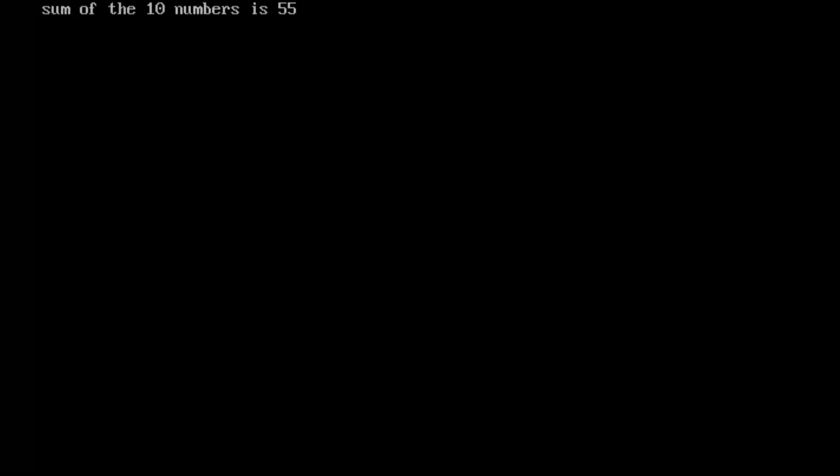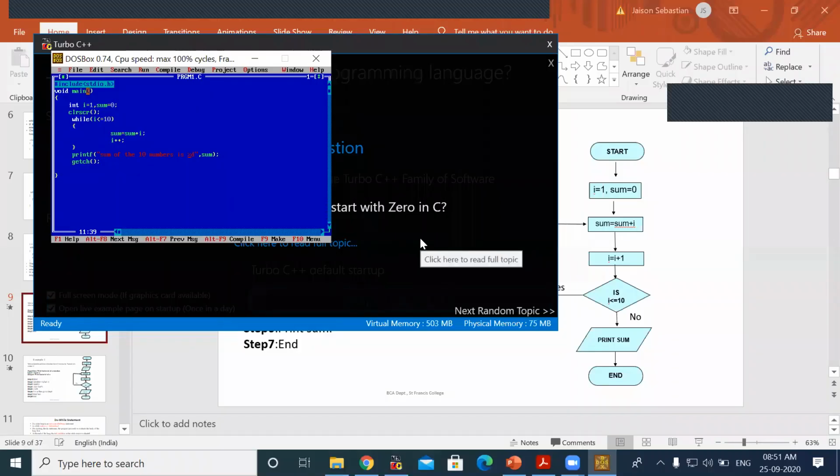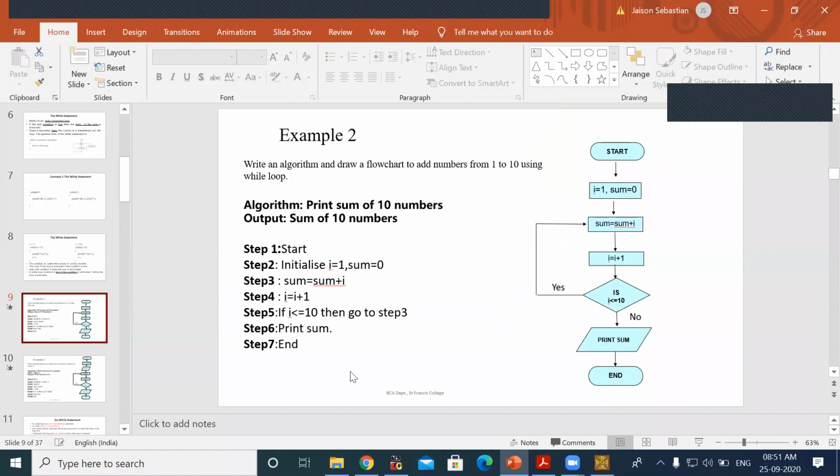Okay, so now our program is running. Sum of 10 numbers is 55. Is it clear? So in order to understand the while loop, we are doing small 2 programs. After this, we will be executing our lab program also. So this is clear, I feel.